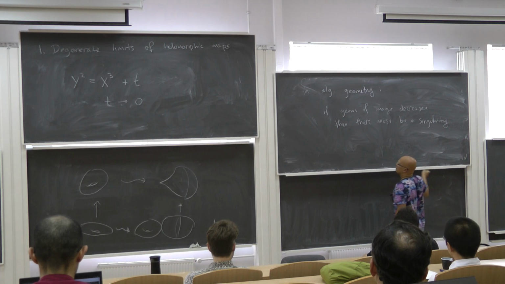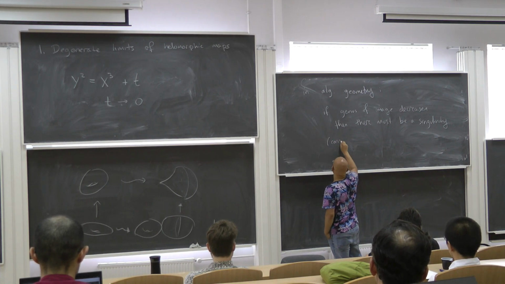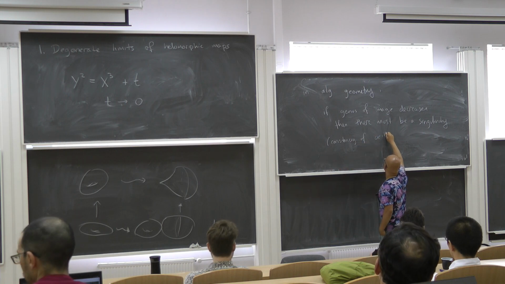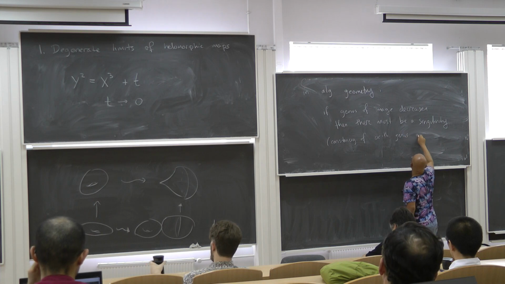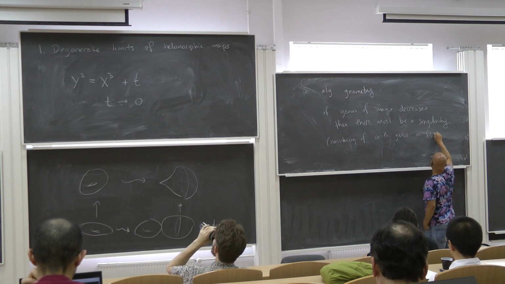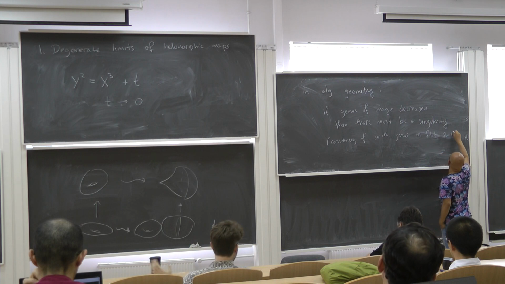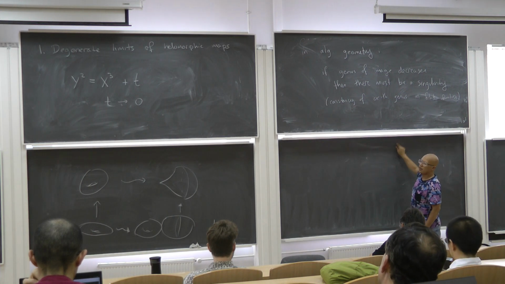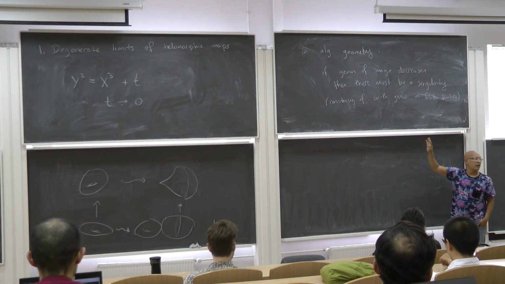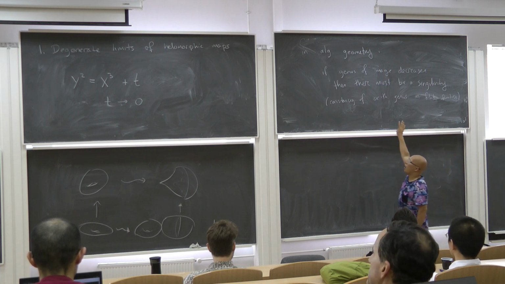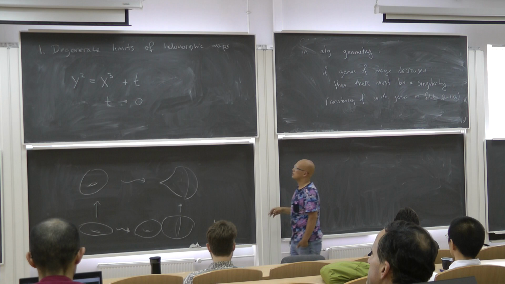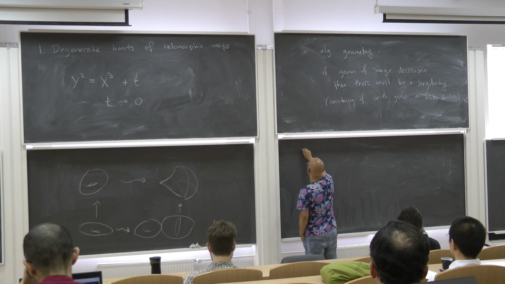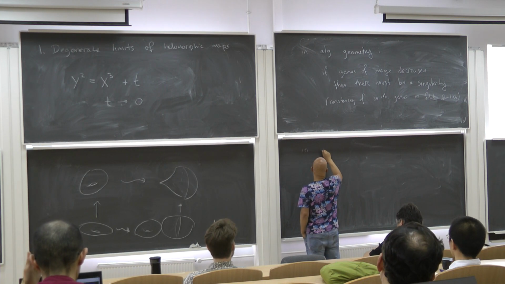And that's just because of, for example, constancy of arithmetic genus in flat families. And what I would like to discuss a little bit is what is the analog of this statement in symplectic, in somehow the pseudo-holomorphic curve theory. So in pseudo-holomorphic curve theory,